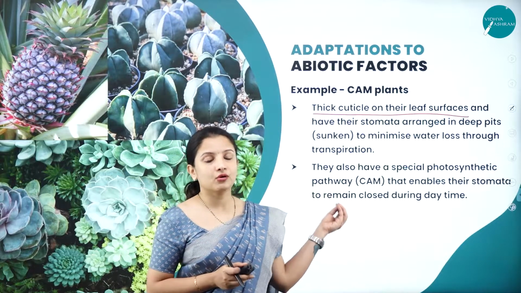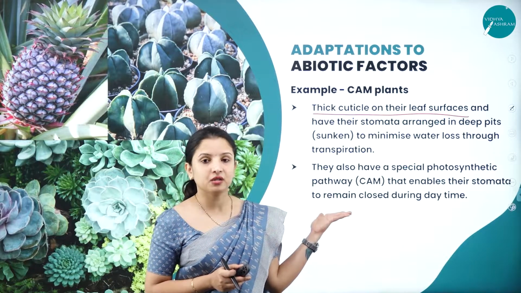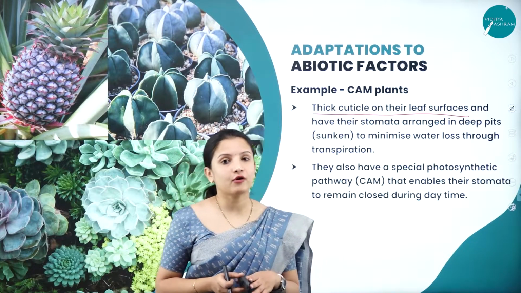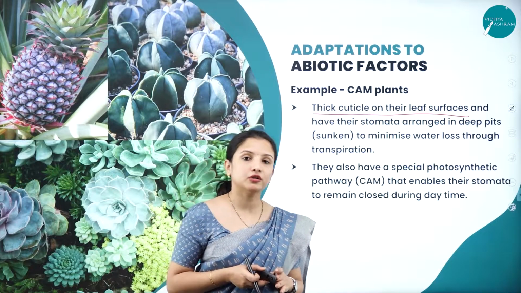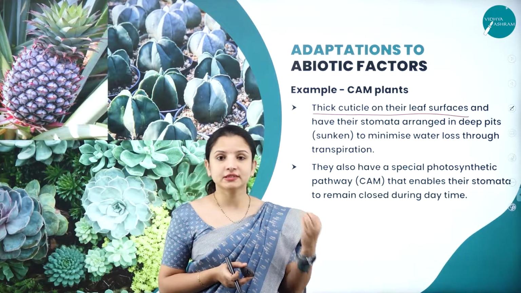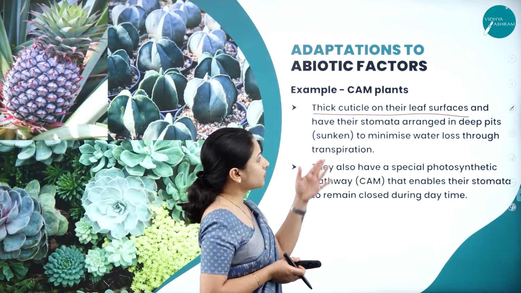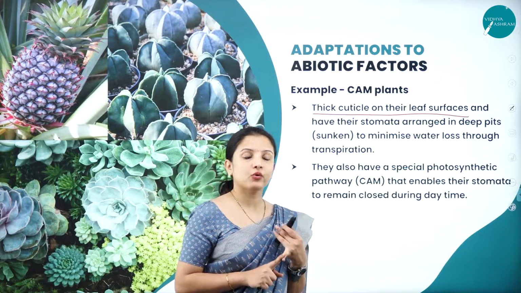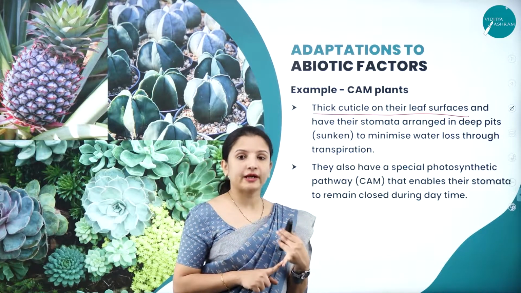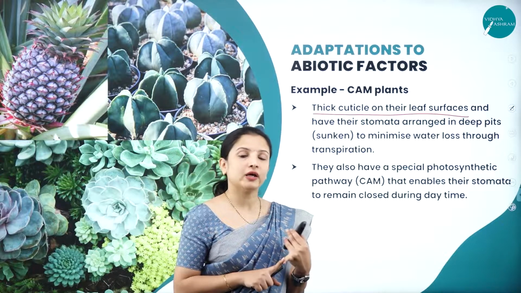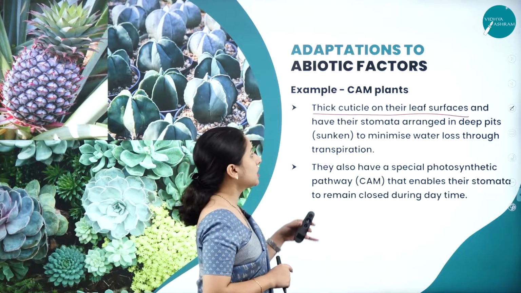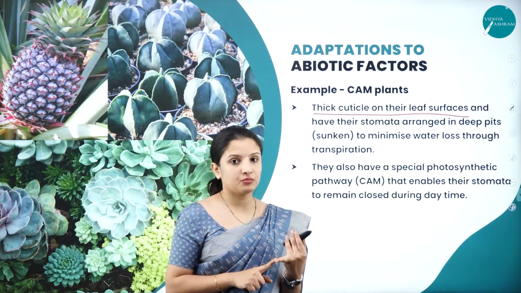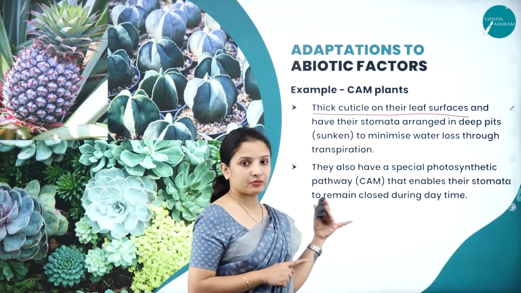So here they undergo a particular kind of biochemical pathway which is called the Hatch and Slack cycle. They follow the Hatch and Slack mechanism in order to synthesize the food material. So in spite of having a thick cuticle, one adaptation is that they go in for this special pathway called the Hatch and Slack cycle, wherein they can photosynthesize the food. And the other thing is, the sinking of the stomata is very important in these crassulacean acid metabolism plants,